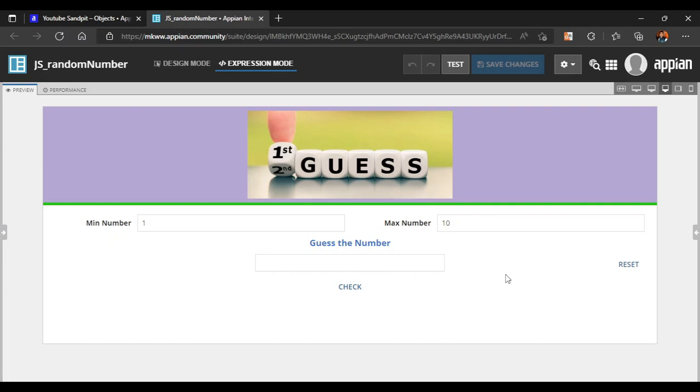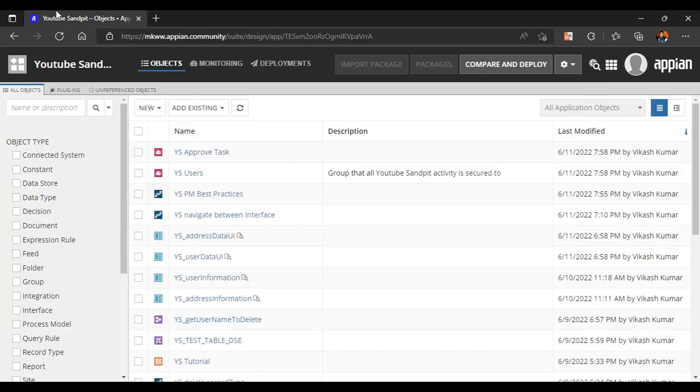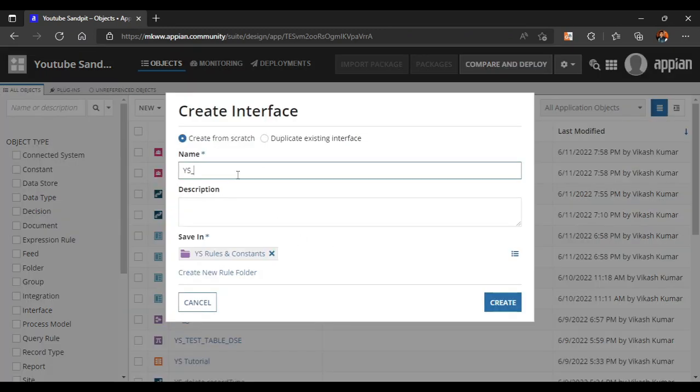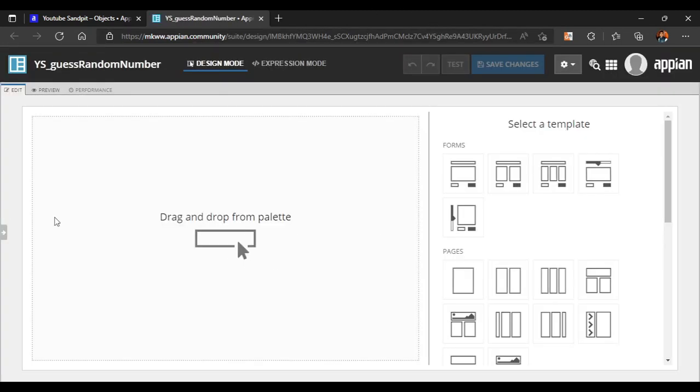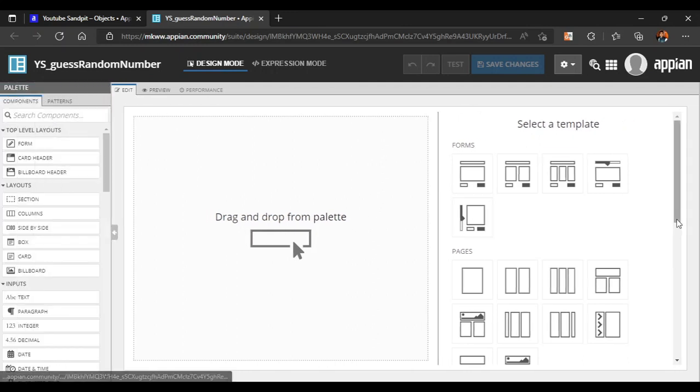So let's see how we can do this. First of all, this is all going to be done in one interface only, and here we will name it guess random number. Okay, so here we have taken the guess random number interface. Okay, so now let's try. For our random number we will just take